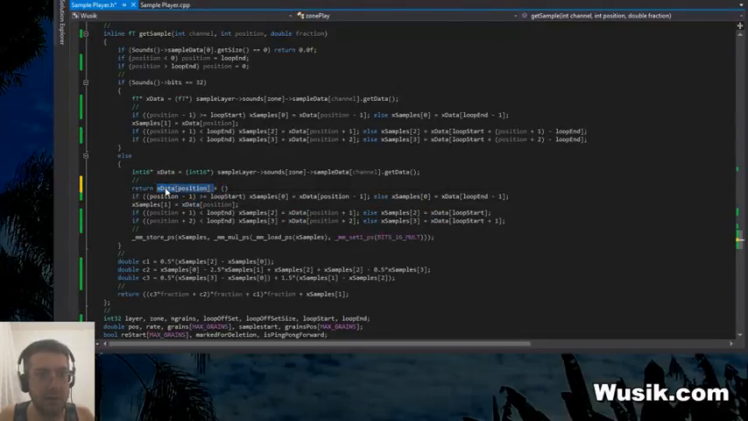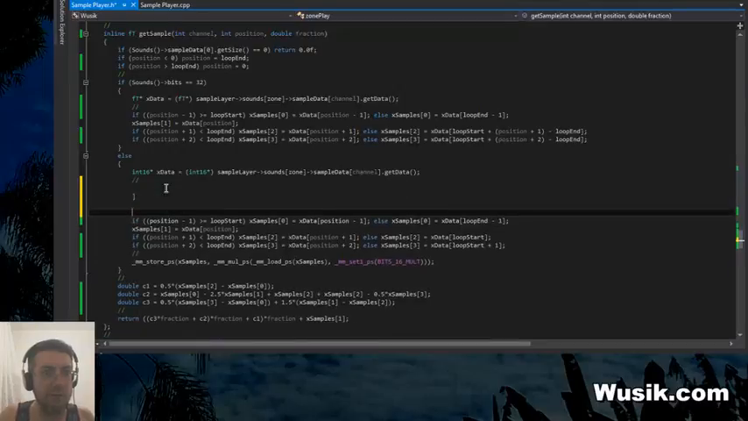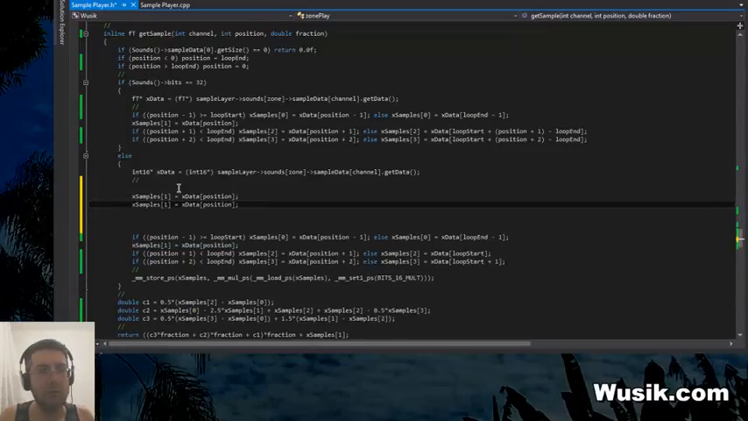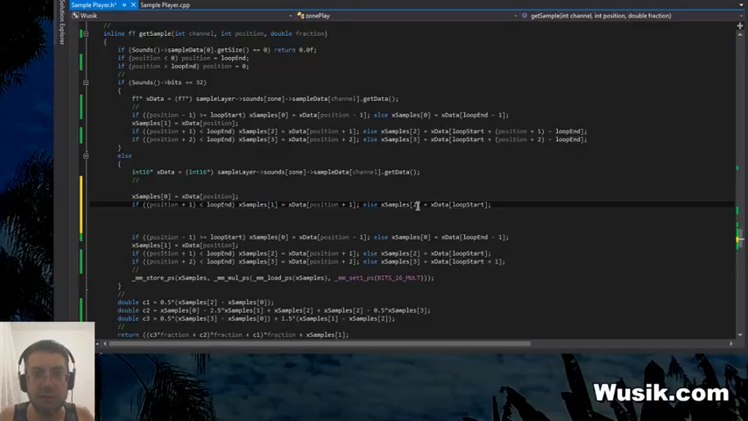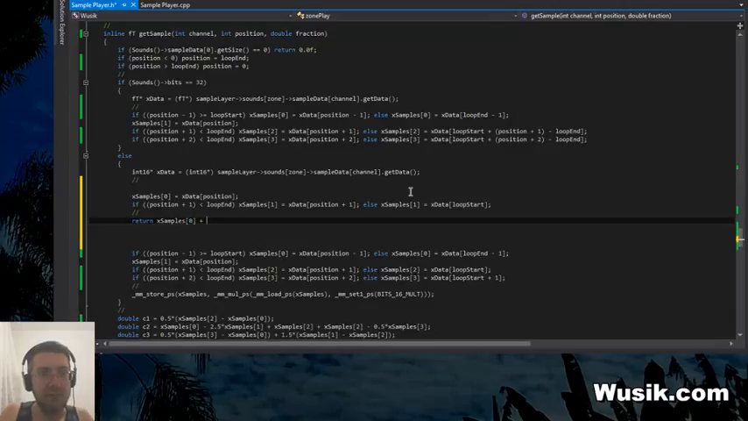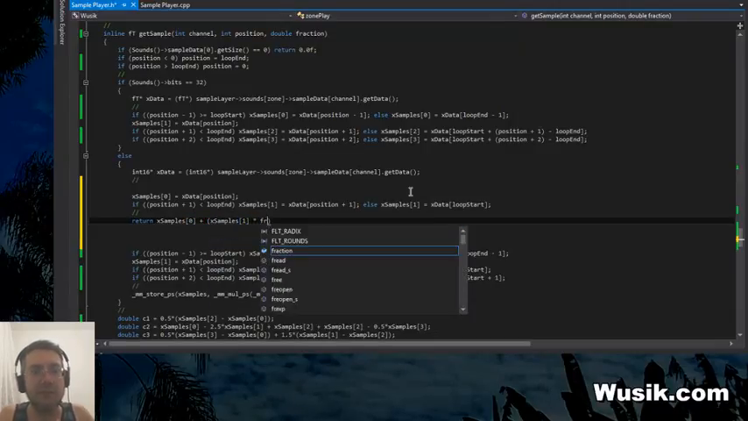Now I can do that. First, I have to actually compute the fraction. So this will give me the linear interpolation. Position plus 1 minus the local position plus, oh no! Loop start is 0, so it goes to 0. Now return x samples 0 plus x samples 1 times fraction,